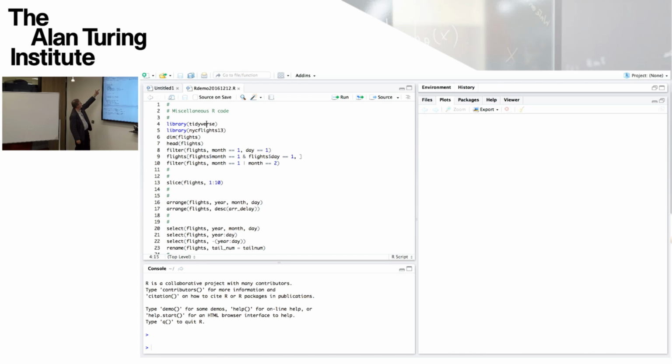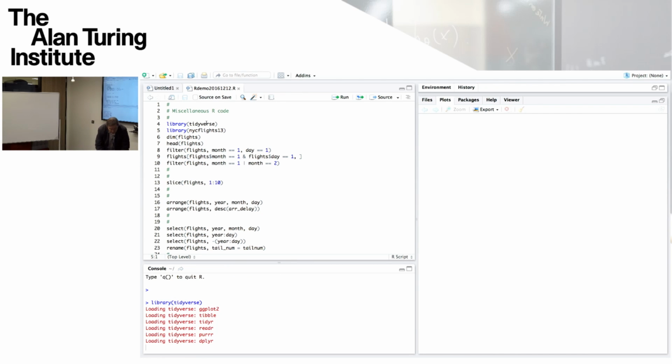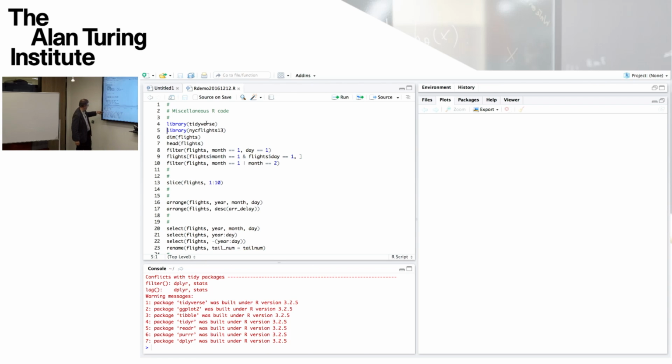Anyway, my cursor at the moment is up here, and the first step, I hope you can read all this, is to load a package which is called the tidyverse. So it's a sort of pun on universe. It's a universe of tidy related packages. And tidyverse is, if we execute it, which I do, that's that. So it's executed in the console, it's scrolled off, and it's loaded a number of different packages, the ggplot2 package, the tidyr package, the dplyr package, and a few others as well. So that's made those different packages and all their associated functions and datasets available in the session now.